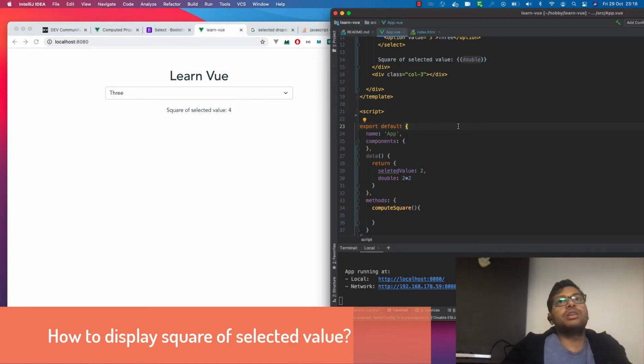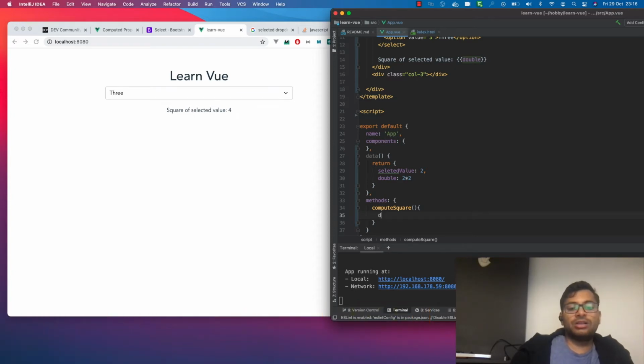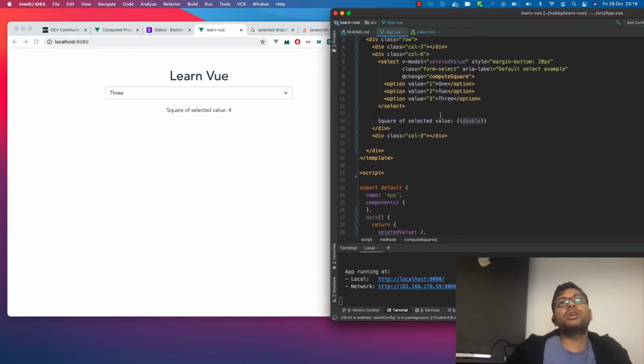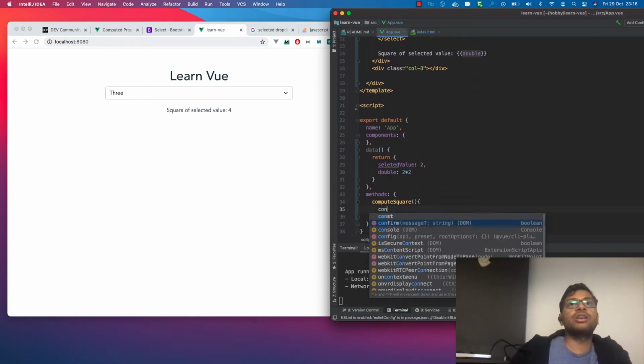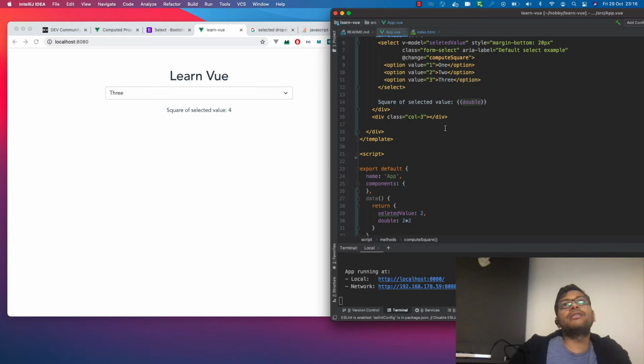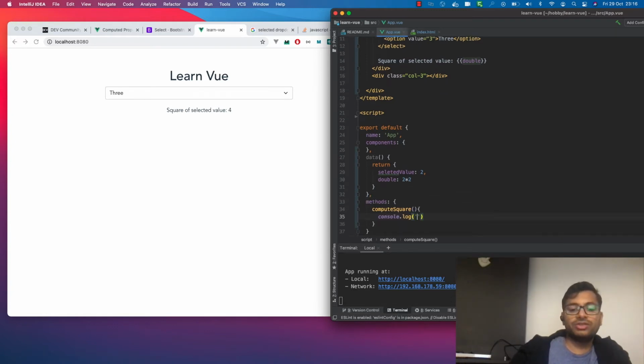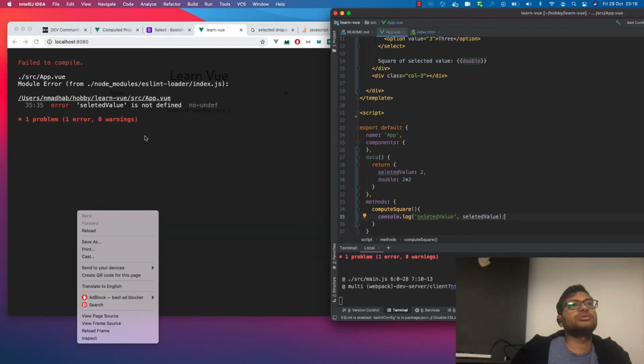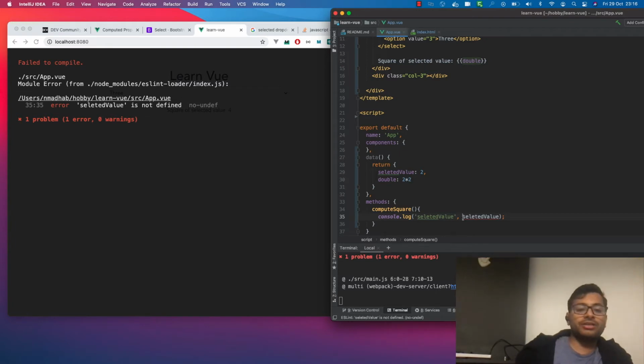So it's very simple. We can just do something like that. Like we can say that double. So when we select this one, we should get a function here. So let's see, console.log, and let's print out the value. So let's see when we select it, if this value is updated or not. We have to make it this.